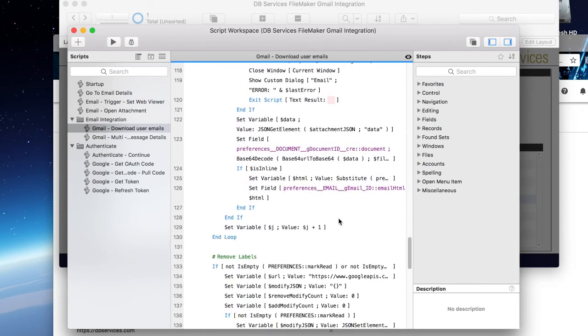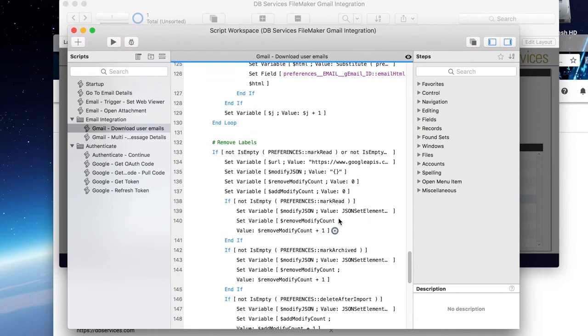Then the last step that you may want to do is, if you do want to mark after you import, if you want to mark anything as unread or archive it, which essentially takes it out of the inbox, or if you want to move it to the trash, that is just all labels inside of the message itself.